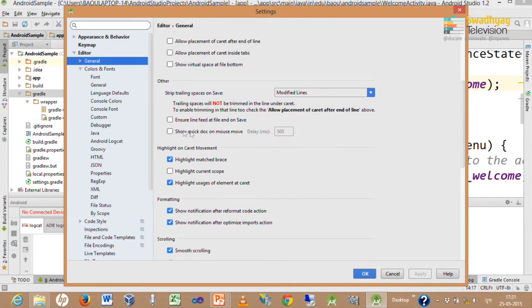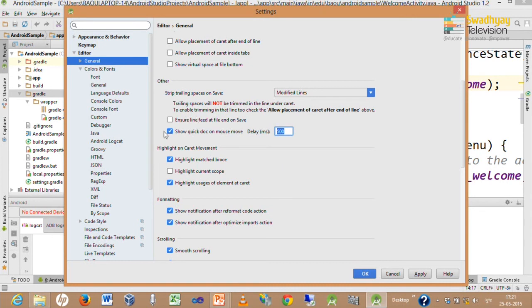If you have not checked this option, then help will not be shown automatically. By checking this option, you can specify the delay for help, after how much time you want to display help, specified in milliseconds. 500 milliseconds means half a second. Suppose I write 1000, then help will be shown only after 1 second.